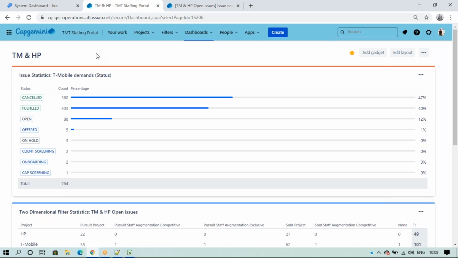In the backend you can write 10 filters, and put the 10 filters in each gadget, whichever view you are looking for. Don't forget this, and don't think that only one filter can be dragged into one dashboard. No, you can write multiple filters and drag and drop them into a single dashboard. This is the help of the dashboard. In the backend you can write many filters, project wise, date wise, or anything, 10 or 15, and you can drag all of them into a single place to view here. Okay guys, these are the filters and dashboards.